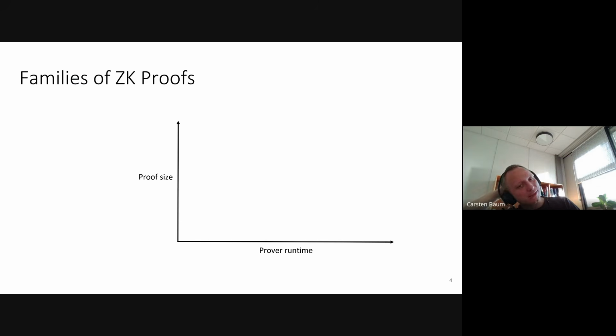If you look at zero-knowledge proofs, the way it's usually discussed is in two terms: the prover runtime and proof size. And if you do any kind of engineering, there should be a third axis, which is how hard it is to actually implement this thing. I leave that out here and just focus on prover runtime and proof size. Usually, if you have a larger statement and you want your proof size to stay rather small, you take a succinct proof system such as Ligero, STARKs, or however they are all called. They have a succinct proof.